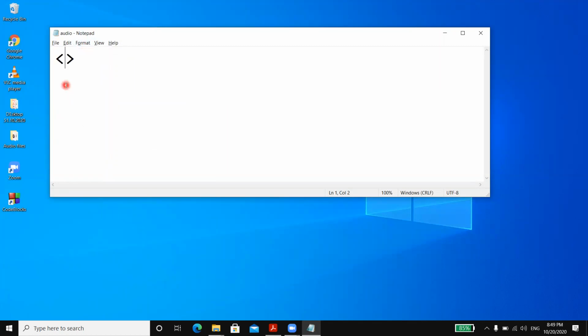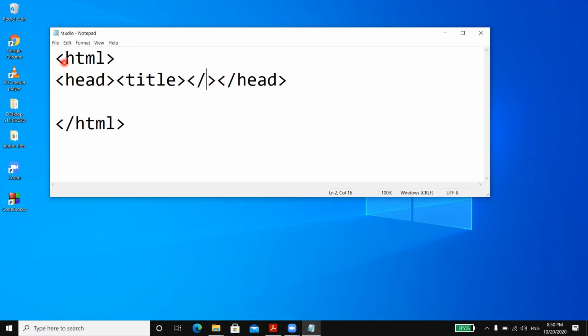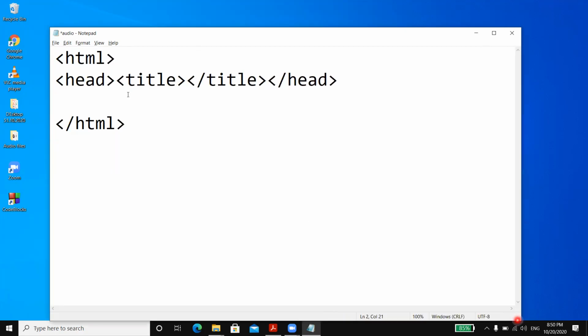Okay, so Control S. I will write a basic html tag, then the closing of html, then the opening of the head tag, closing of the head tag, and between the head tag, again we have to mention the opening of the title and closing of the title. Every program must have these basic tags. Apart from that, I also have to write a body tag and the closing of the body tag. This is the first page we are creating.